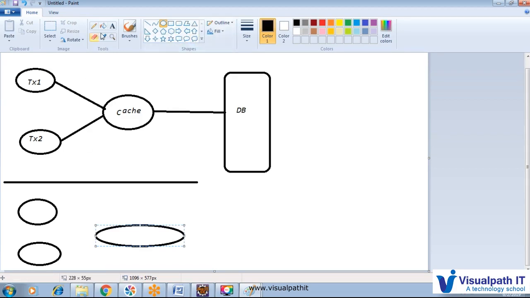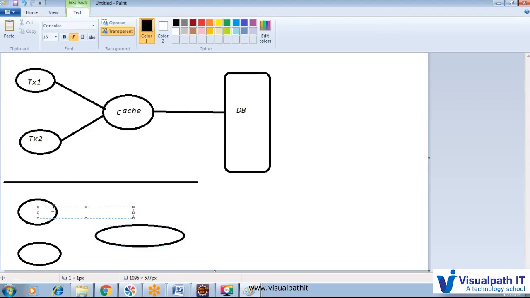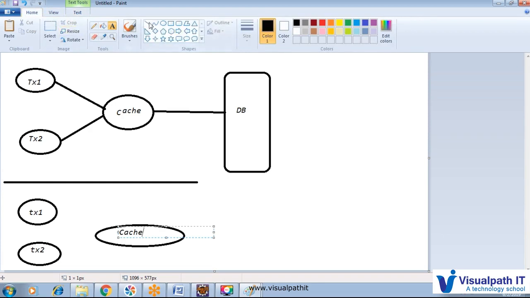So this is the second application; again it has transaction 1, transaction 2, and this one is a cache. Both transactions associate with a single cache, and we are getting the data from this DB itself.